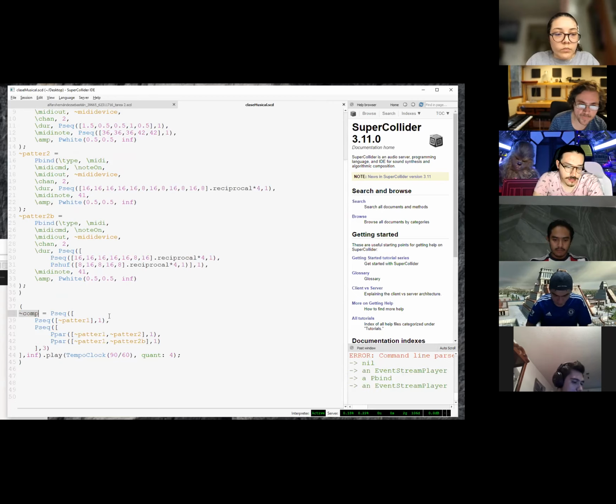Now it's not the composition, it's composition part A. And if this is composition part A, now you can make a composition with 3 parts that are changing over and over at different moments in time. But that's it for now.